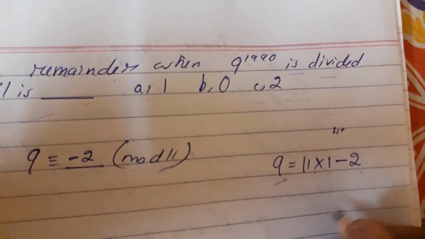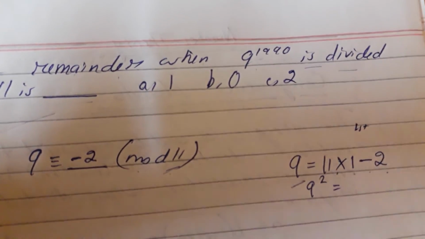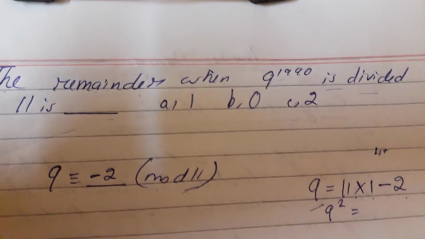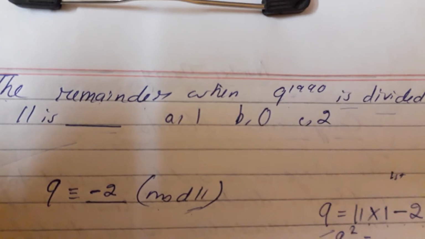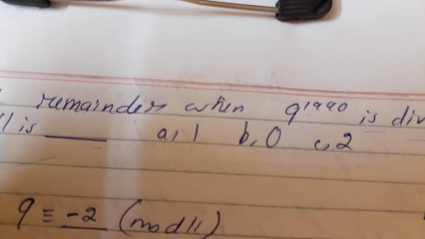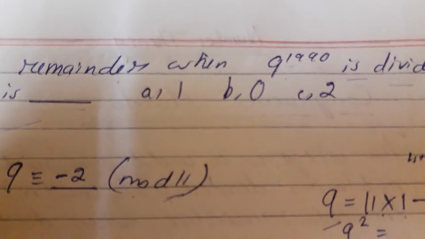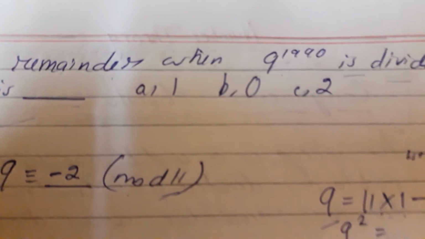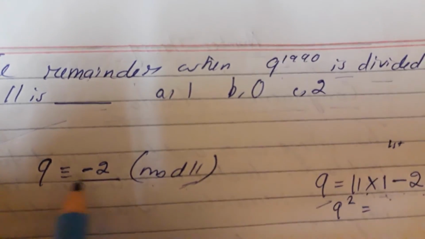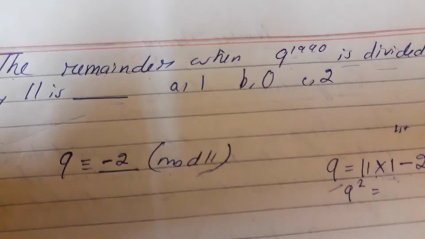See, if I take 9 square also, then in that case also you will not get 1 or minus 1. We will get 2 or any other number. So always try to bring 1 and minus 1. But if you cannot bring 1 and minus 1, then in that case you have to proceed with the second choice, and see here the second choice is minus 2. So you have to go with minus 2 here.